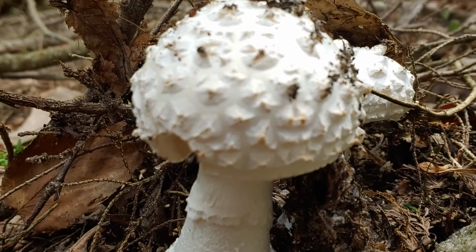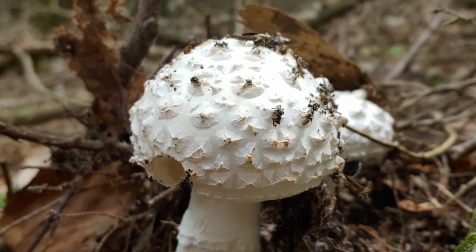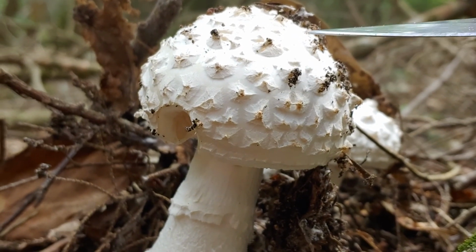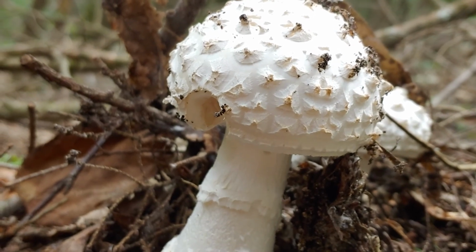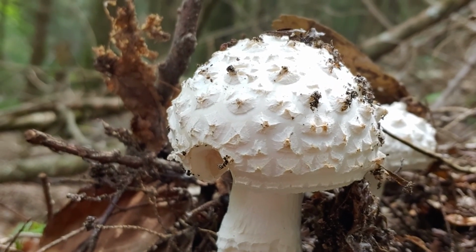And these we have beautiful pyramidal warts that we see on the cap. Those are remnants of the volva when it grows. We can see up here where the pellicle is underneath the warts, and as it grows and expands, the warts stay in place and they give this pattern. So looking closer at this, the very tips of these warts are turning pink and red, which suggests that this